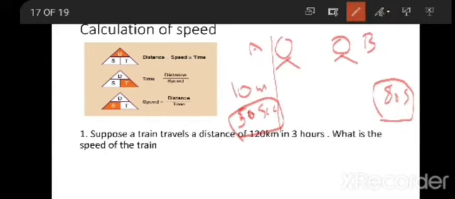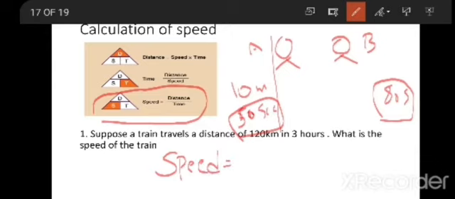If you want to calculate speed, you have this formula. Speed is equal to the distance traveled by an object divided by the time taken by the object. So distance by time. If you do distance by time, you are going to get the speed. I'll simply write d by t here due to lack of space.